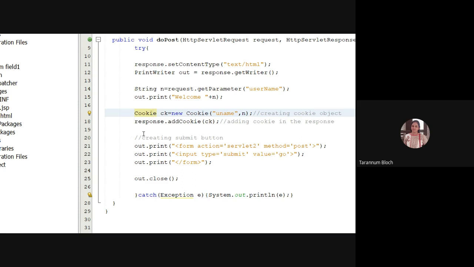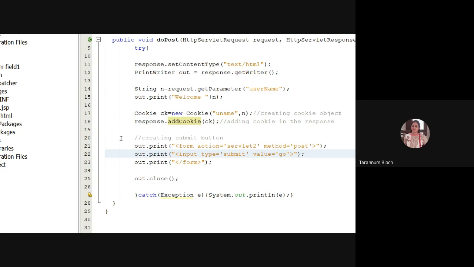So you said Cookie ck is equal to new Cookie. We said username, uname is n, right? Username is n. And we said response.addCookie. And this will be added in the response. Fine. Finally, we have taken a form. We mentioned action is equal to Servlet 2, method is post. We said input type is equal to submit, button labeled as go, right?